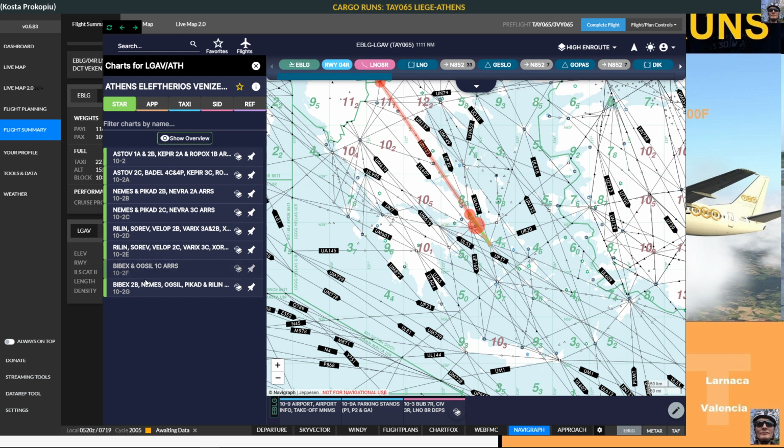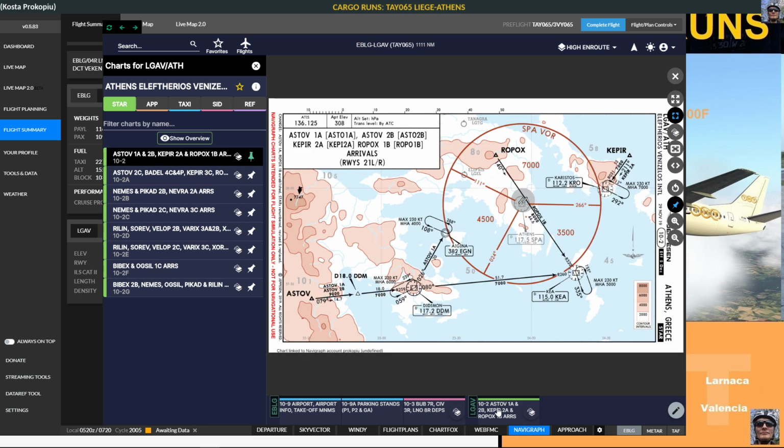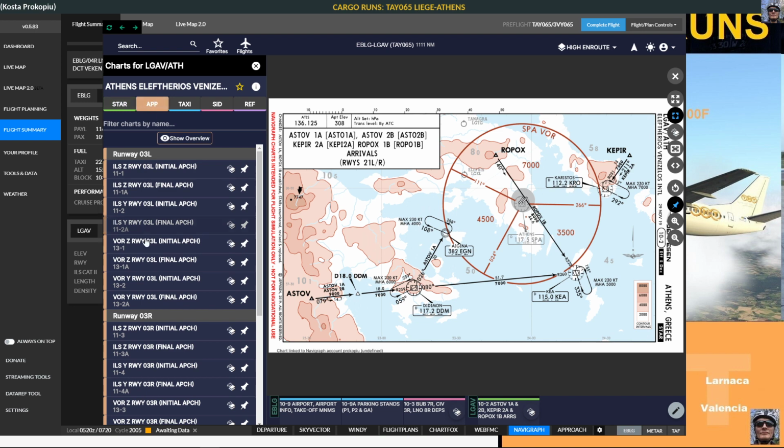Here we're going to have a star, and it's going to be the Ropox. I think it's this one here. It's the Ropox arrival, coming from here, yeah, and then flying down here. Now we need to see the approaches. At the moment it's runway